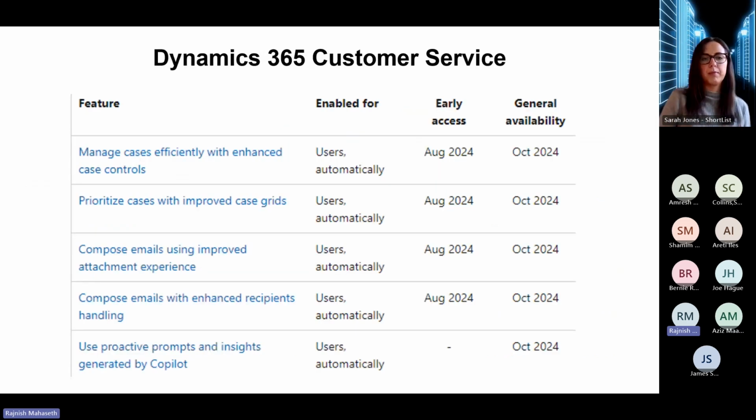Similarly, we have features for customer service as well, like composing mails with improved attachments with the help of Copilot, where we can translate the language, modify the tone, and use it to get relevant information on the sales opportunity and all. From here also I'll be covering one or two features. Now here,